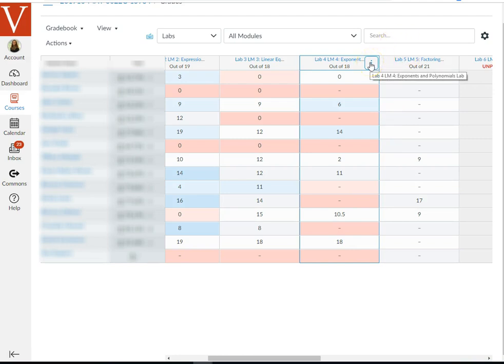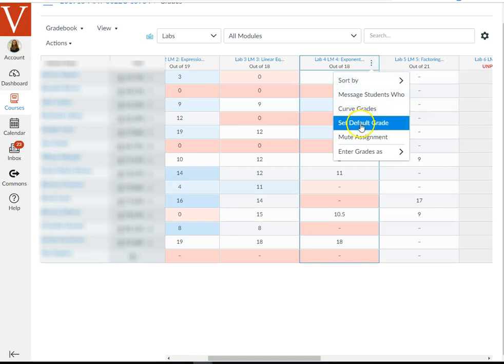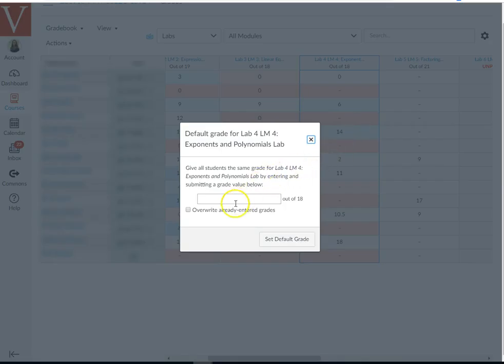Now, my students still have time to make up missing work, but I want them to know that if they don't make it up, it is in fact a 0. So I'm going to set the default grade to 0. So if I click the three dots and I choose Select Default Grade, I'm going to enter a 0 here